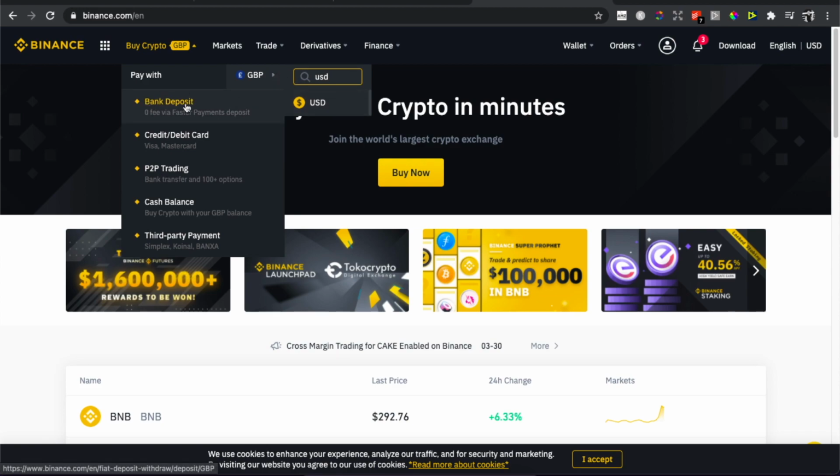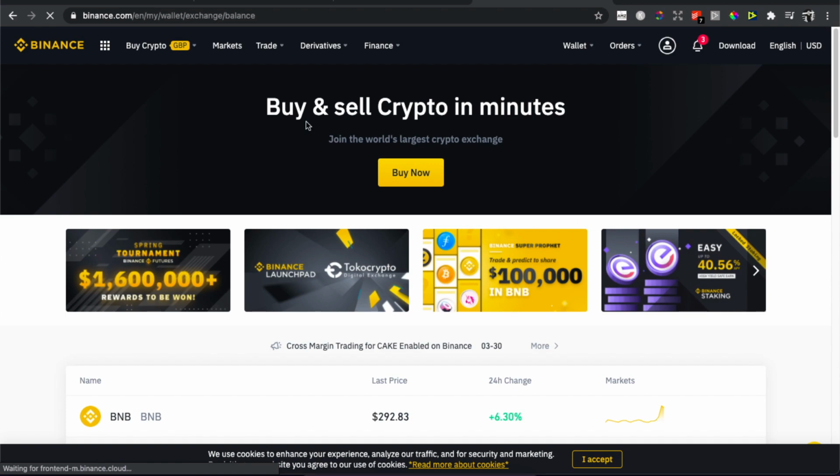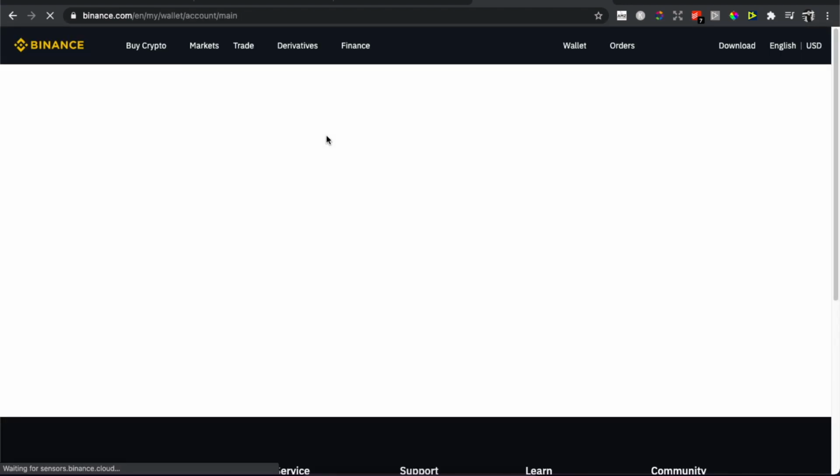And then you need to deposit your money through bank deposit, credit or debit card, P2P trading, cash balance, and more. So what you need to do here is get money on Binance through these methods. And when you have money, hover your mouse on Wallet, and then on Fiat and Spot, and press on it. You will be redirected to another page, and here we need to wait for a few seconds,